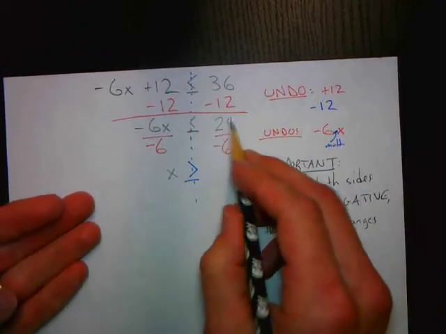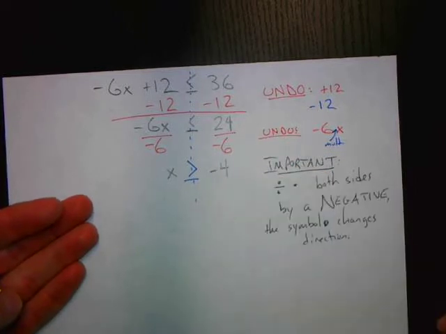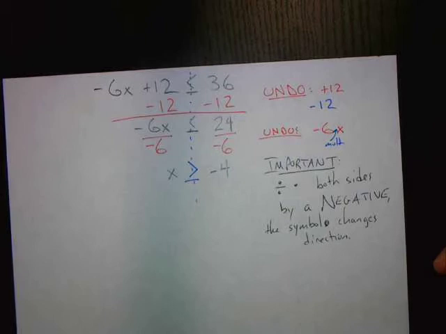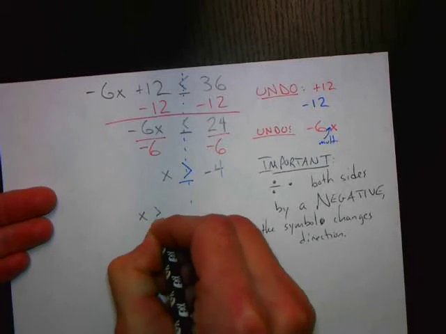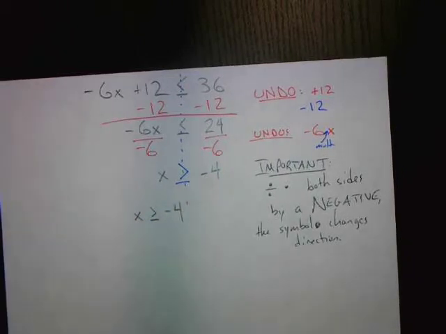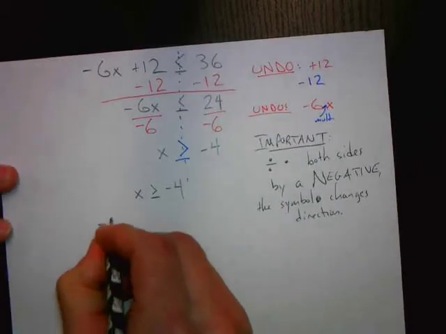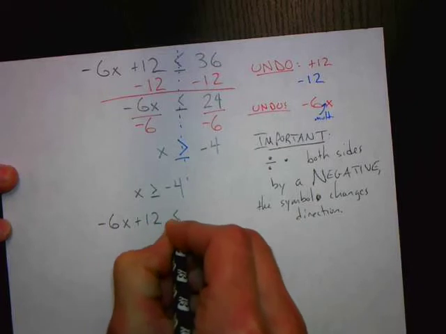On the other side, 24 divided by negative 6 is negative 4. And so we have x is greater than or equal to negative 4. So that's how we read it. X is greater than or equal to negative 4. And again, what is a solution? A solution is all the values of the variable that will make